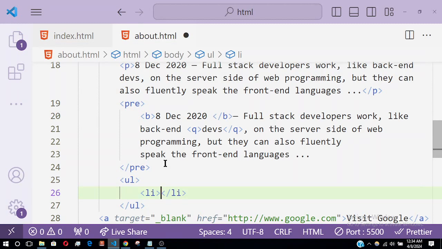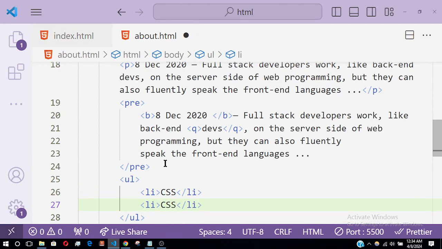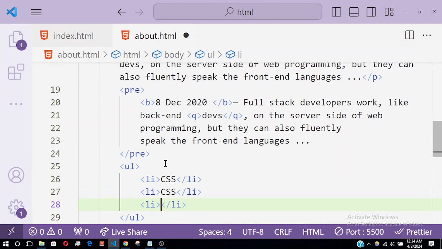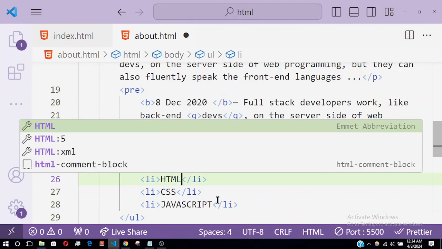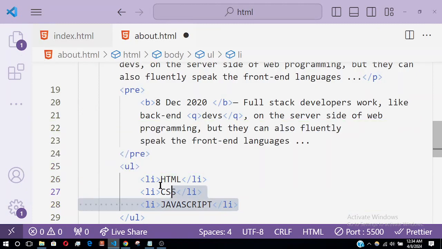So I'm going to put here CSS, JavaScript, HTML. As you recall, these are the three basic programming languages that we need to learn in how to build a web page. Now, if I save this,